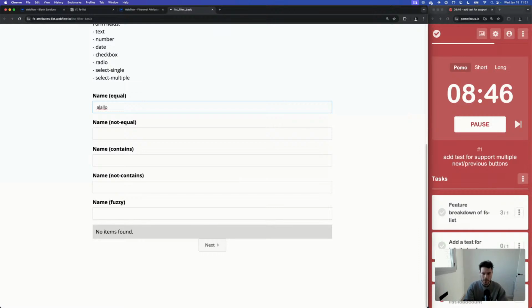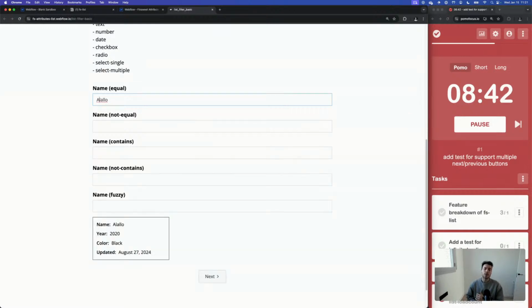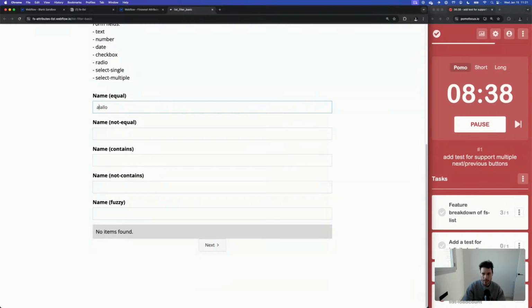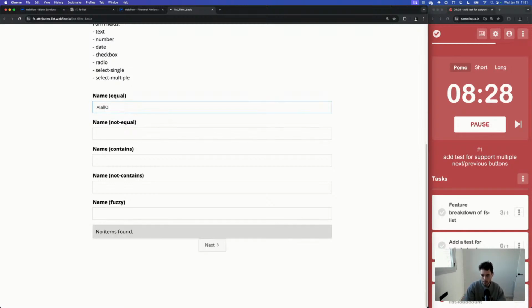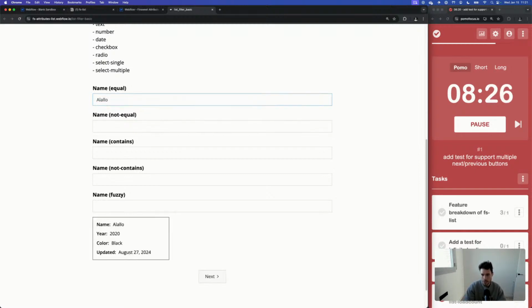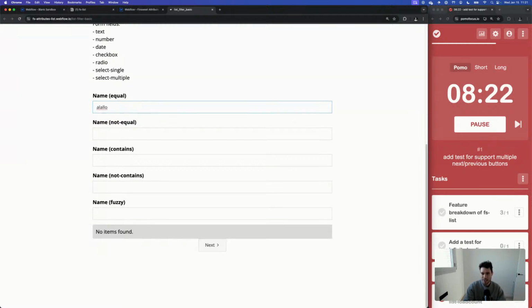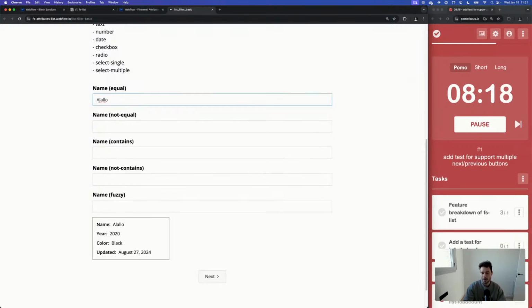Anybody watching this, what do you think about when doing equal matching, if we should respect or not respect the uppercase, lowercase of the letters? Because I assume that if I do this as well, it's not going to match. I think that we should maintain things, like if it's lowercase, I think that it should match, because otherwise it's a bit annoying.